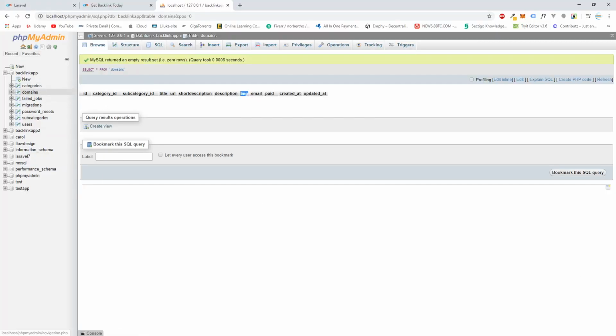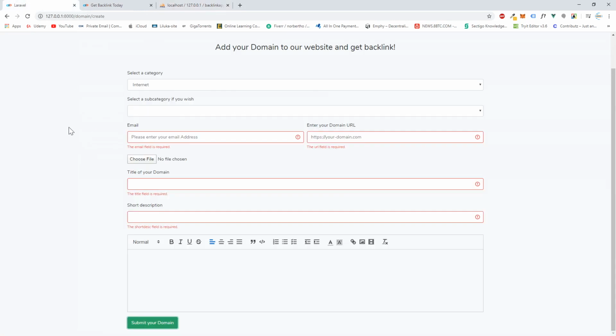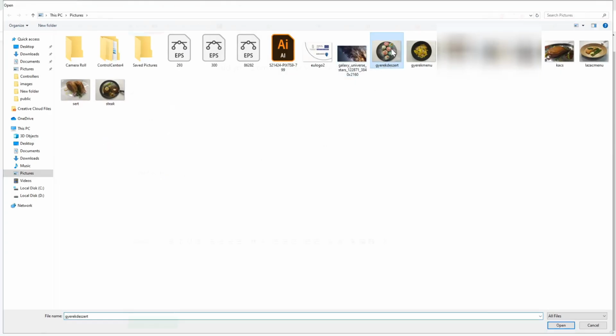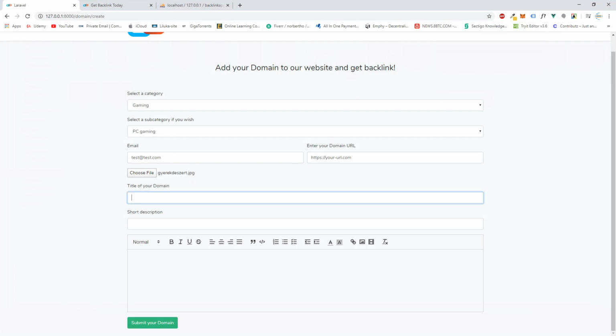So my domains table is empty at the moment. Let's hit refresh. So let's select gaming. Let's give it a test email and some dummy URL. Okay, and let's select a file for now. Let's select this cupcakes. Cupcakes are related to the gaming website. Gaming website,